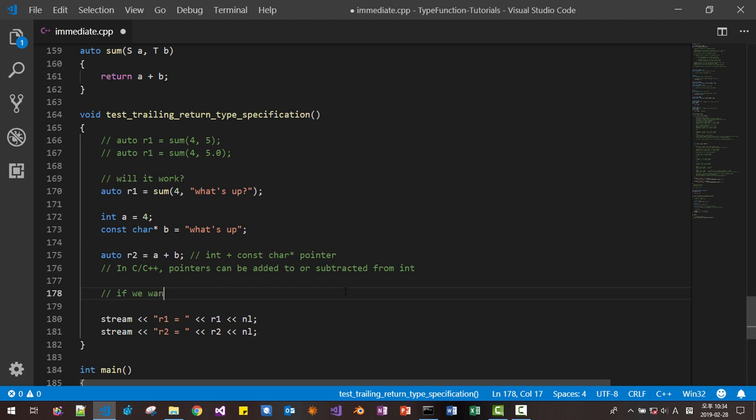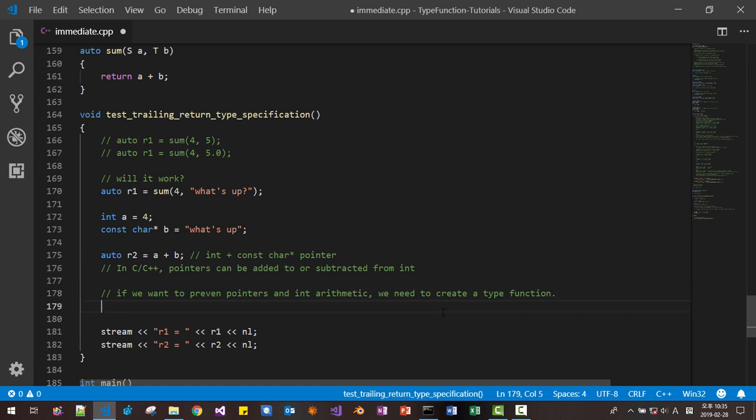If we want to prevent pointer and int arithmetic, we need to create a type function.